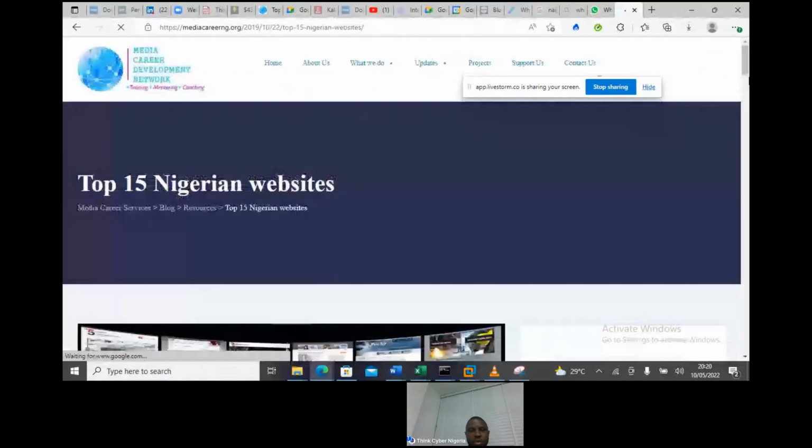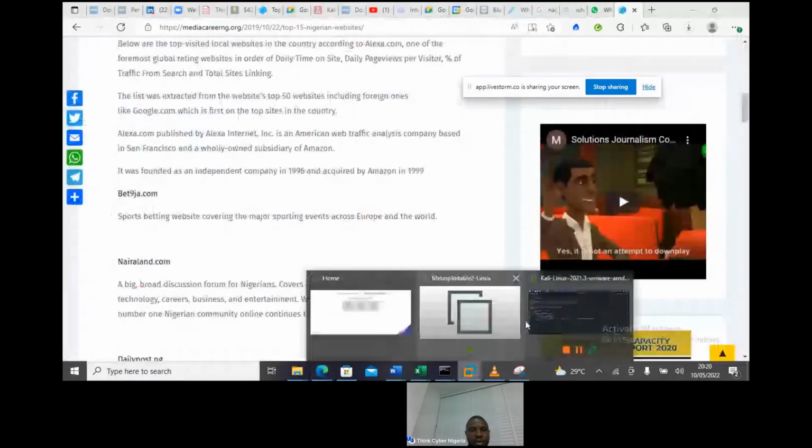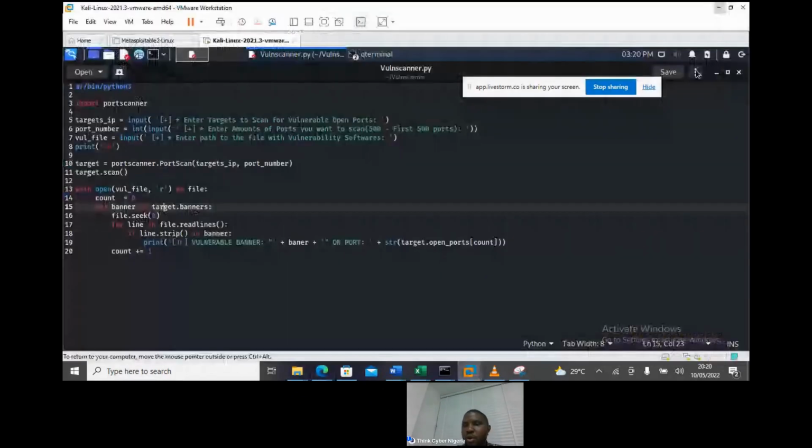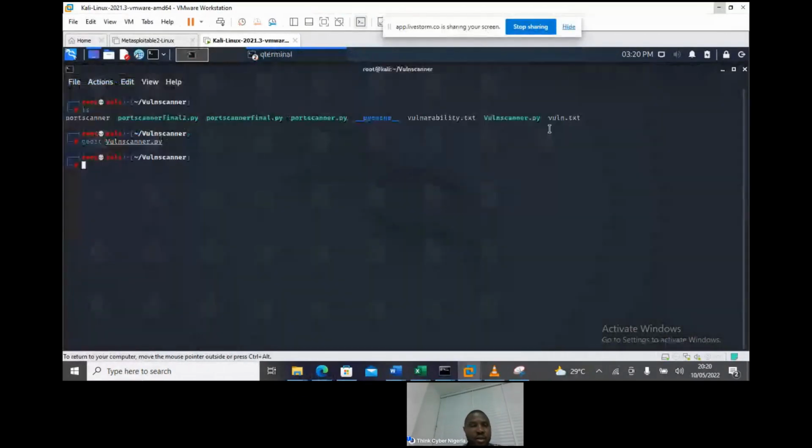We do it raw, real. No more faking it. You close this, come back to your port scanner. That's why you have your port scanner.